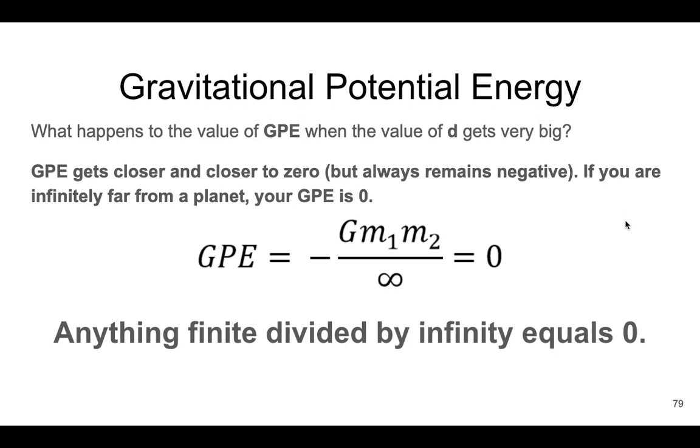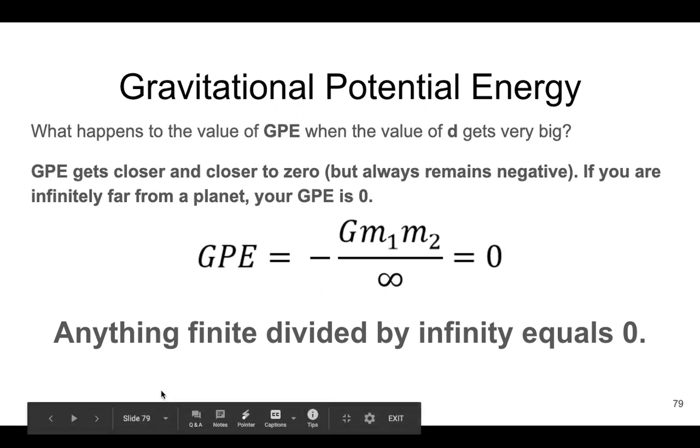So this is not very rigorously written mathematically. It should say something to the effect of limit of GPE as d approaches infinity. But we're physicists. We like math, but we don't love it. So I just wrote it the lazy, sloppy way. This should make someone in the math department a little upset if they saw it this way. But anyhow,